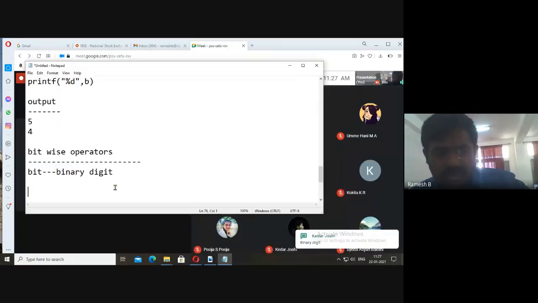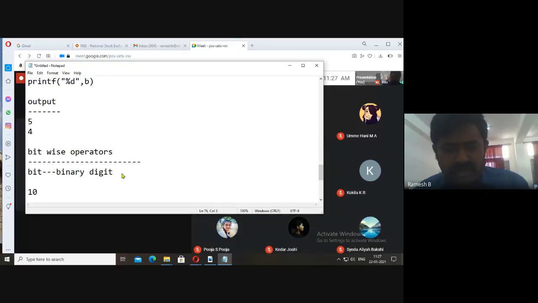You see there, bit stands for binary digit. If you take the example of 10, it is in decimal value. If you want to convert that one into binary, it becomes 1010. 10 is represented as 1010 internally.